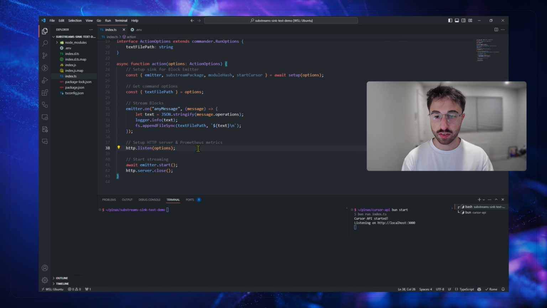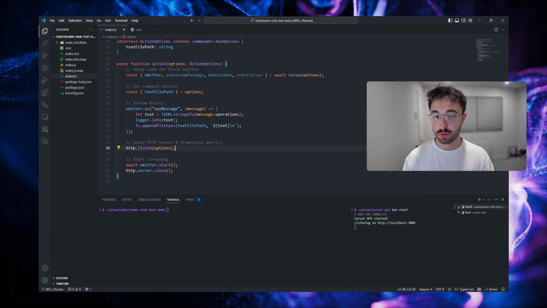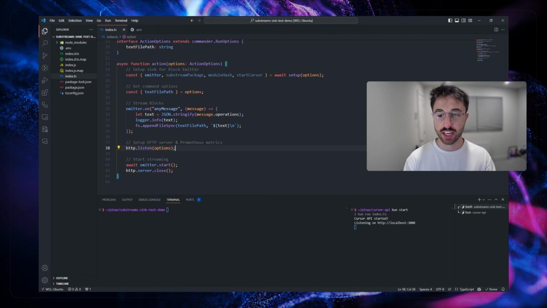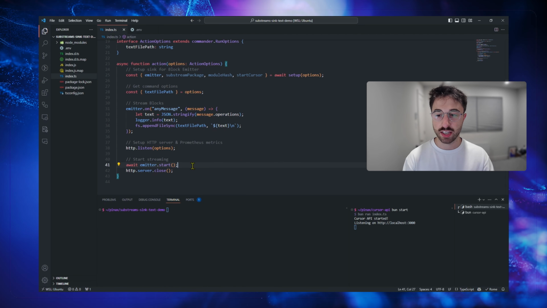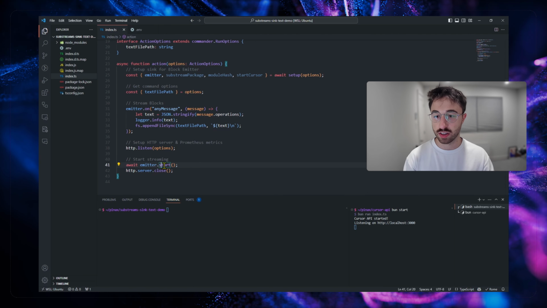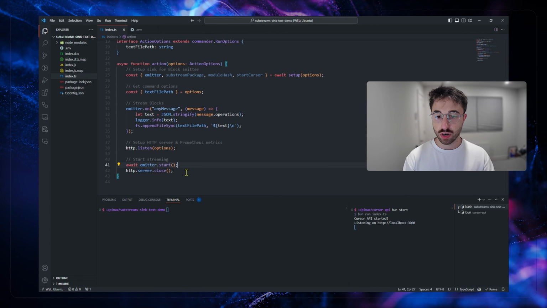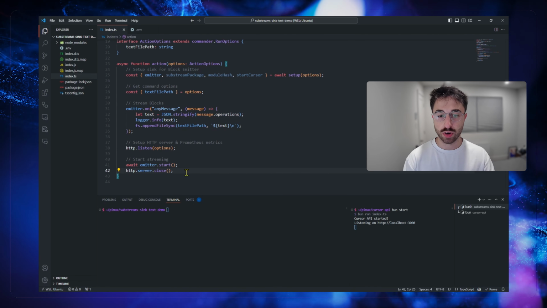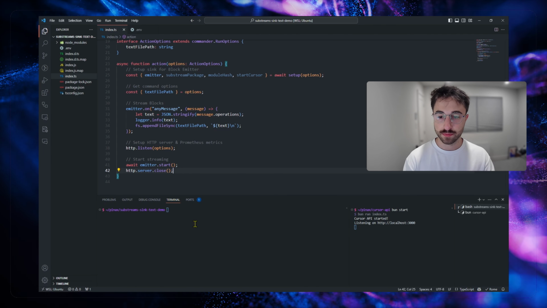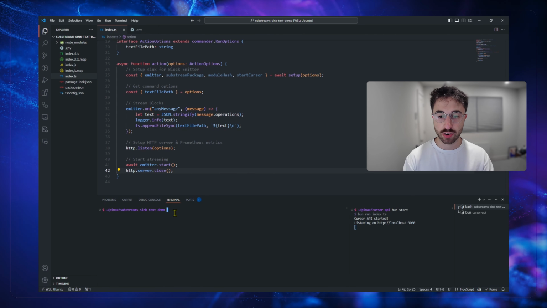Then we use the emitter to listen on the any message event type and write to our text file. And while this happens, we also have the HTTP server mentioned before running in the background for our Prometheus metrics and health check endpoint. And finally, for the listening to the Substream server part to happen, we need to start the emitter with the emitter start function. You'll also have to stop your HTTP server to allow the process to stop when the sync is done processing blocks. So that's normally how your sync code would look using the Substream Sync library.